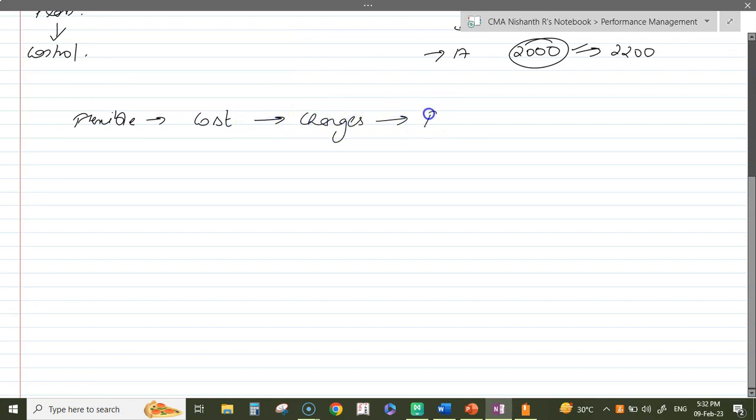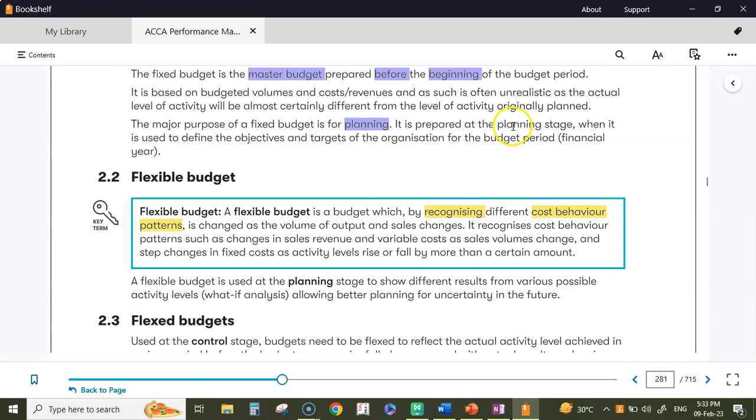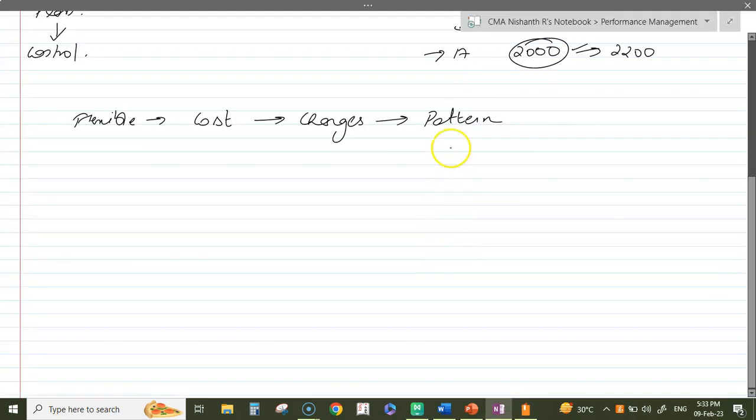From these changes, we will draw out a pattern. And based on this pattern, we'll plan. So a flexible budget is used at the planning stage to show different levels of results from various possible activity levels, allowing better planning for the uncertainty in future. So based on this pattern, we will set a budget. So this pattern will give different levels.